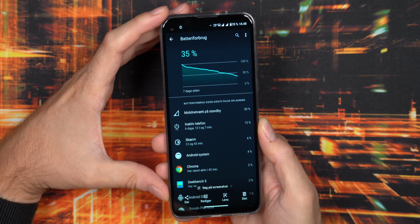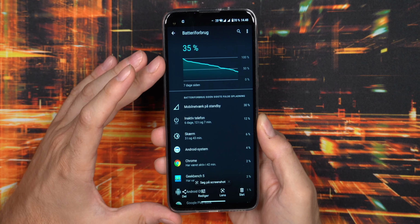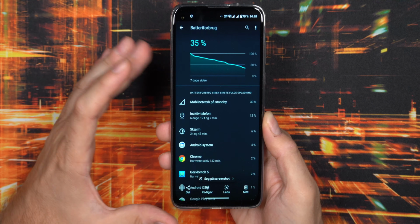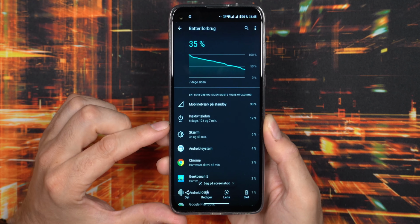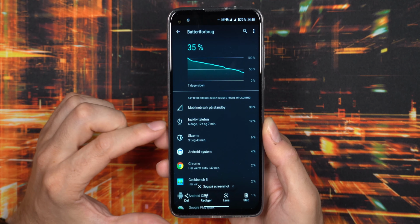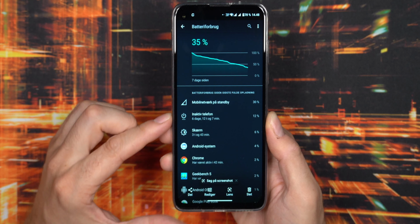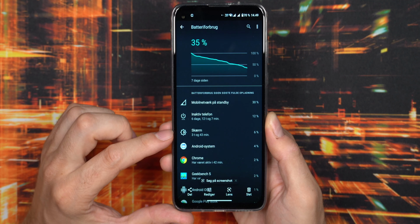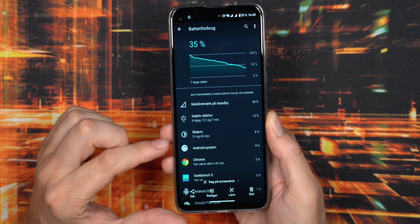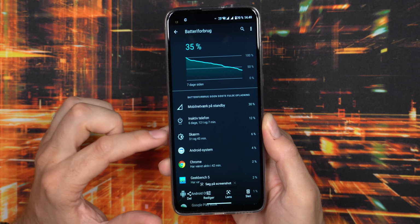But for my use case, I did use this as a secondary phone, so not my primary phone, but of course I have put some use to it. You can see, for instance, here, I did get 6 days, 12 hours of battery life, still 35% left, and that is with close to 4 hours of screen on time. So less than an hour a day screen on time, but still, that's pretty insane,